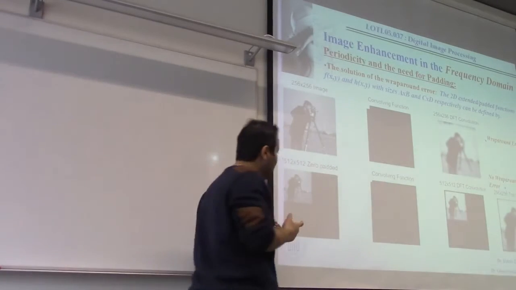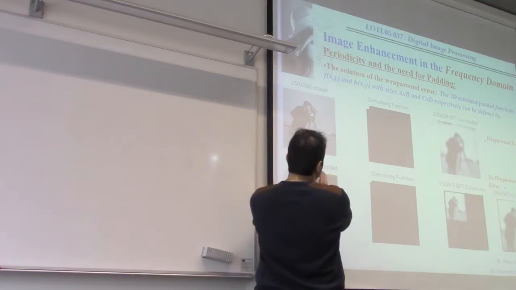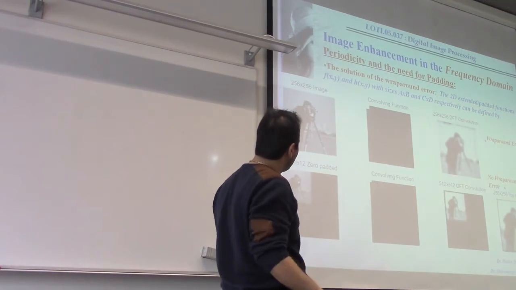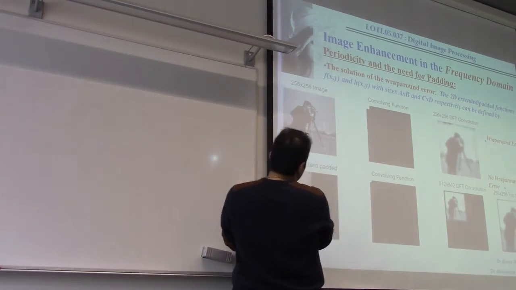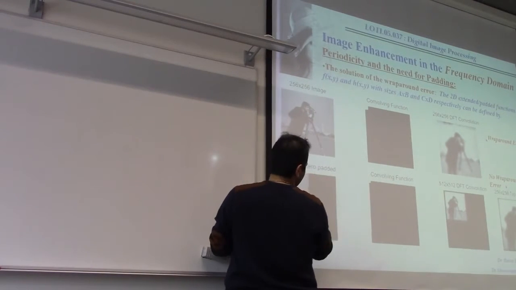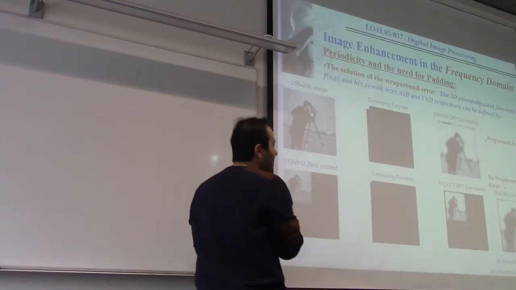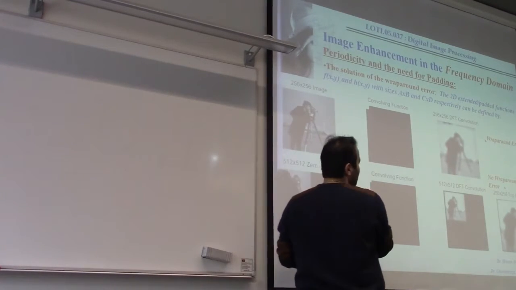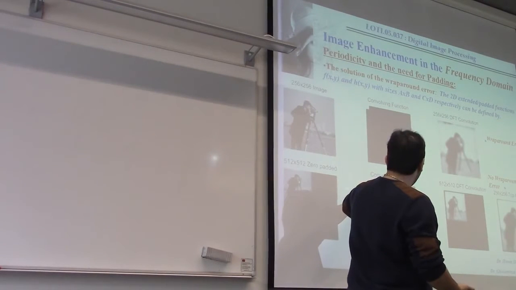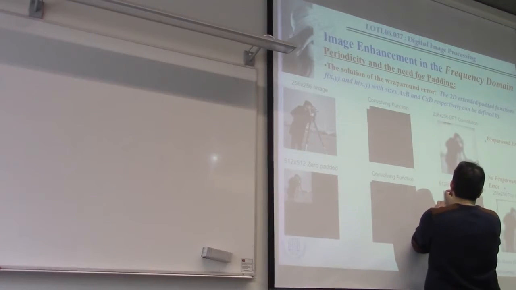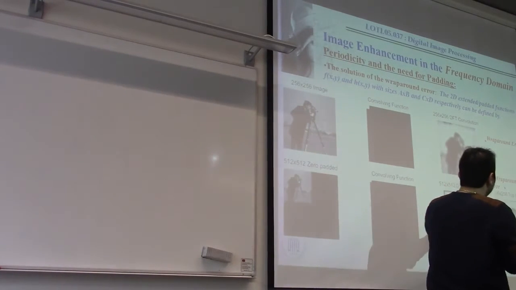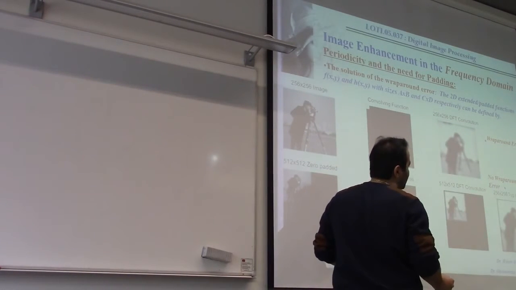But if we use zero padding, it means that we put lots of zeros here. If you consider, for example, this as a size of 256 by 256, it means that we have 512 by 512 because we put zeros, the same size as this here, this part, also this part, and also this part. And we have to also put the zeros in the kernel, as you saw in the equation, that we have to apply zero padding on the image and also on the kernel. And after convolution, you can see that there is some black point here, and we can just crop it and put it here, and you can see we don't have any wraparound error here,